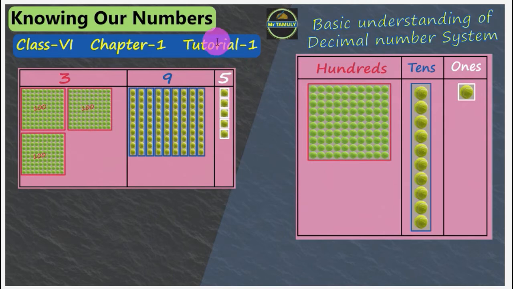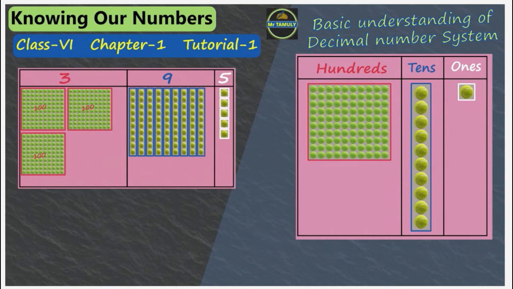In tutorial number 1, we discussed the concept of place values in decimal number system. That is, in ones place we count one by one, in tens place we count in sets of tens, in hundreds place we count in sets of hundreds, in thousands place we count in sets of thousands, and so on. We learned this with the help of some tennis balls. This concept of place values along with the concept of zero makes the decimal number system a complete system of numerating and makes it absolutely flawless.